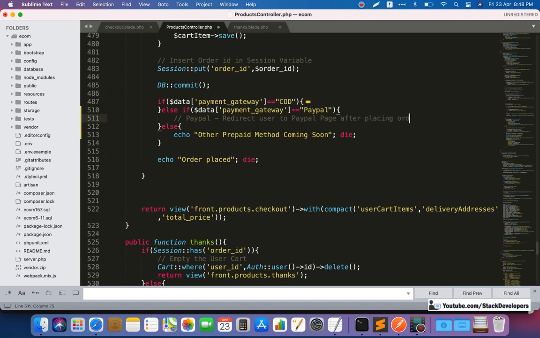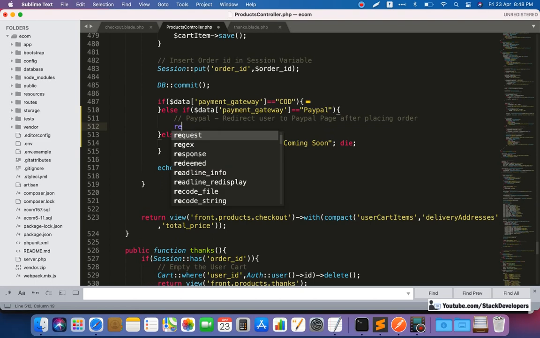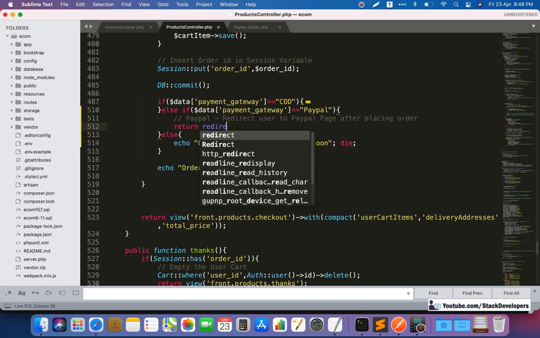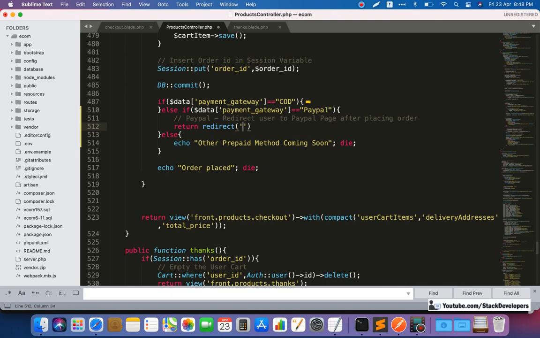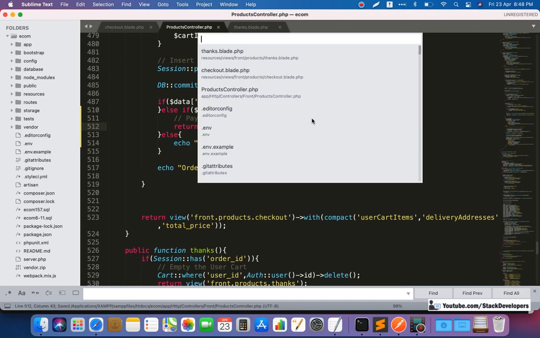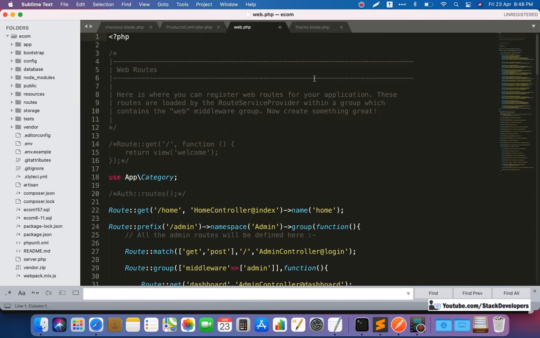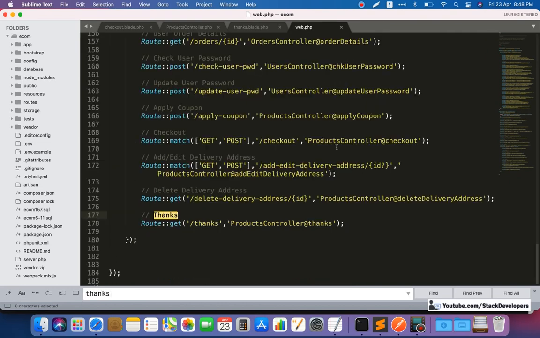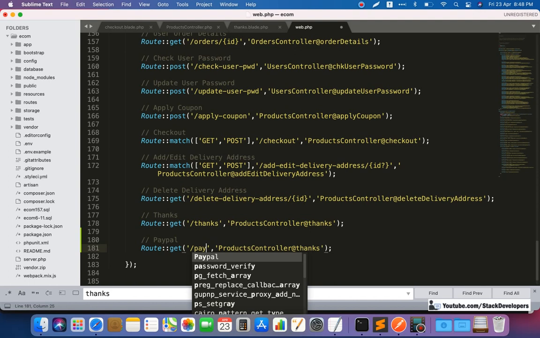Okay, after placing order we are going to redirect the user to the PayPal page, and here we will give return redirect PayPal. This route we are going to create in the web.php file, wherever we have created the thanks route, and after that we are going to create the PayPal route, PayPal, and here we will give the PayPal.